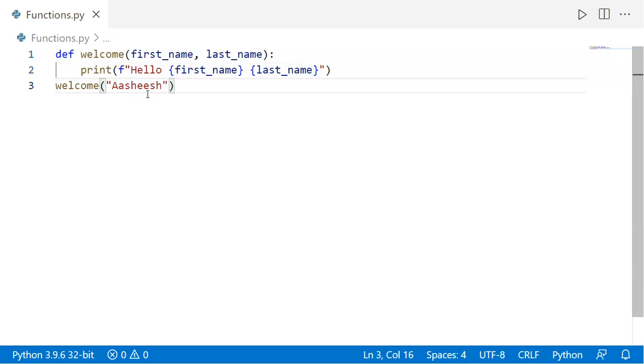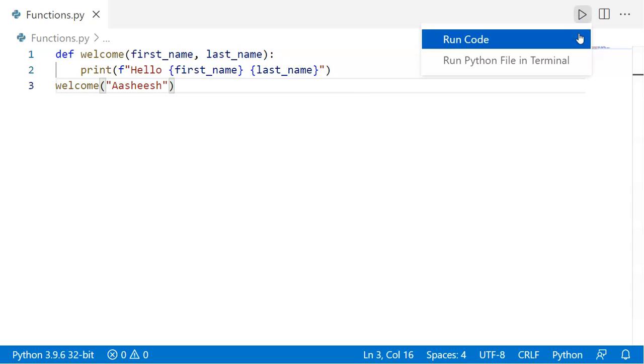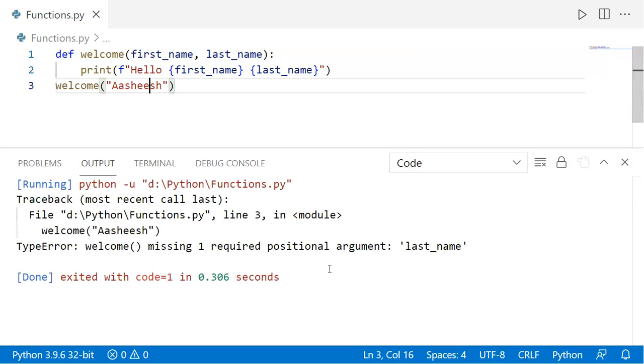Watch here, I know the same problem. Traceback, most recent call last: welcome is missing one required positional argument, last name. What does it mean?